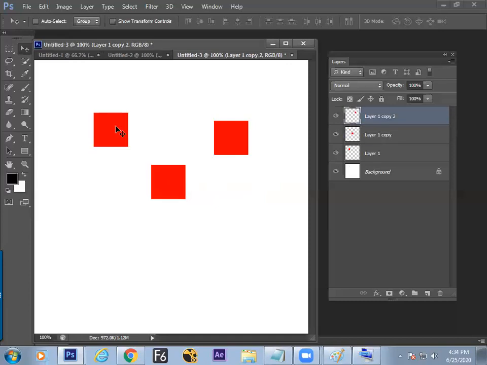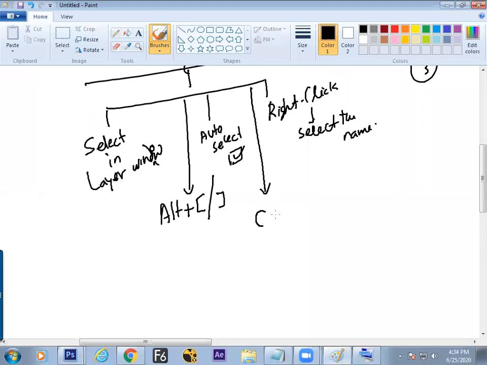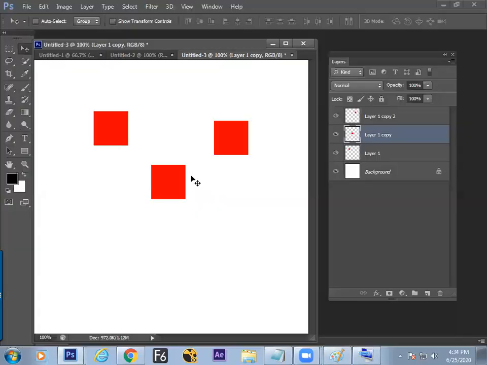Can you see? You can directly select the layers on screen. No need to go and click there. What is the next method we have understood? Control plus click on screen. It will select the layer directly on your screen.